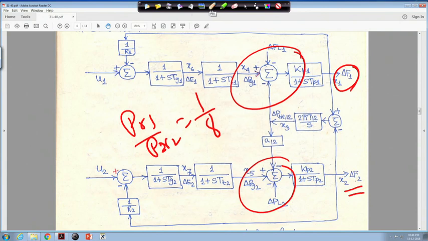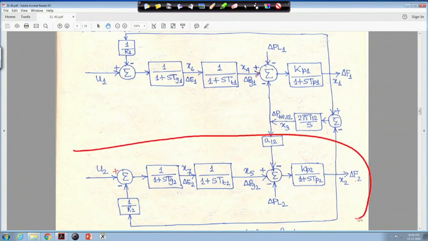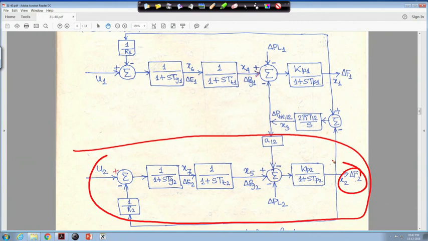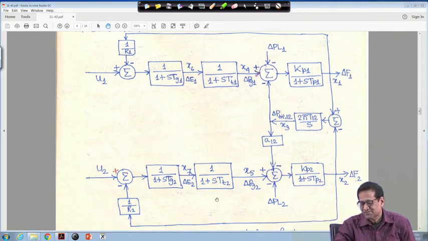That means in this case, for a higher value of the A12 ratio, this part need not be considered for the simulation, because there will be almost no deviation in system frequency. In that case this part should not be there. That means there will be 4 state variables, 1, 2, 3 and 4. So this is something interesting, and you can verify through simulation that this will happen.